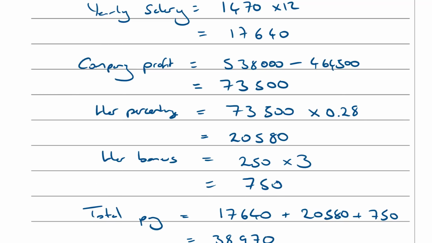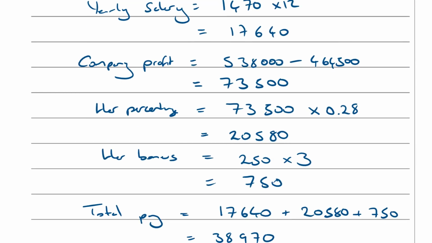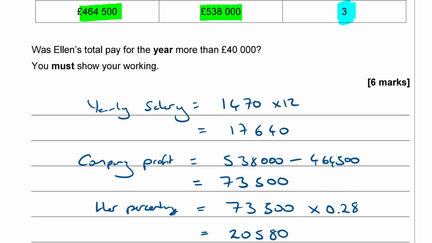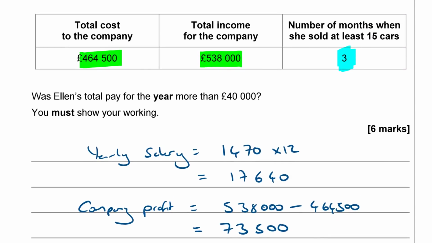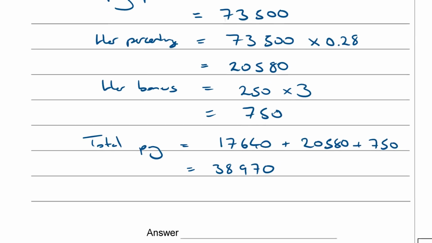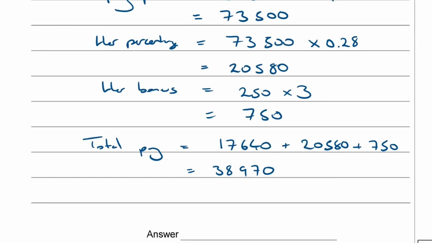Okay, so what was the question? After you do a big long calculation like that, it's always good just to double check what the question was, because you'll probably forget at this point. Was Ellen's total pay for the year more than £40,000? Well, to answer that question then is no. No, she earned less than